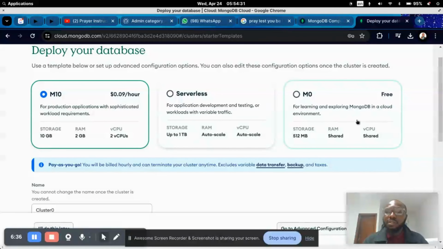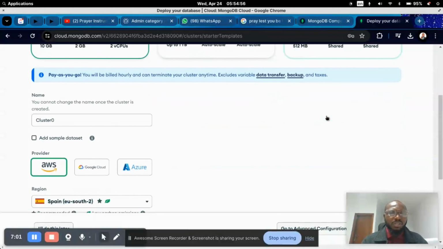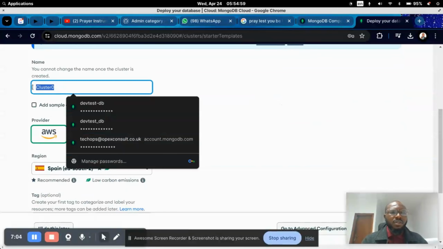So when we are choosing this particular free version, or free tier, what that means is that we are dealing with just 512 MB of storage, which, if you're trying to test run some things, is more than sufficient to do a lot of things. And the RAM is shared, meaning there are a lot of people using that particular RAM. We can leave the cluster name as it is, but I usually like to change the cluster name,